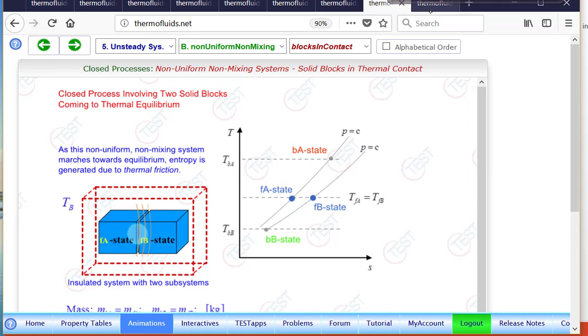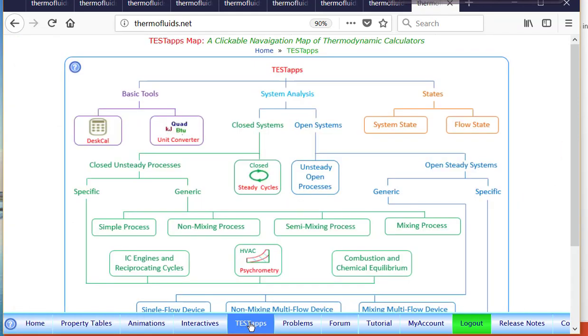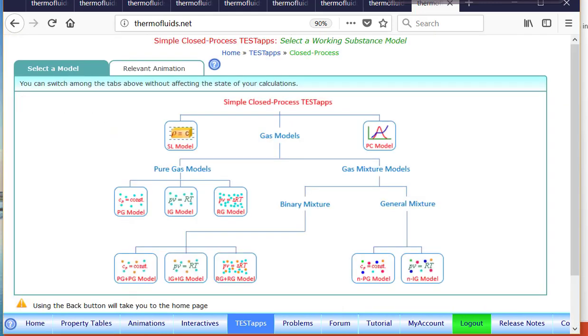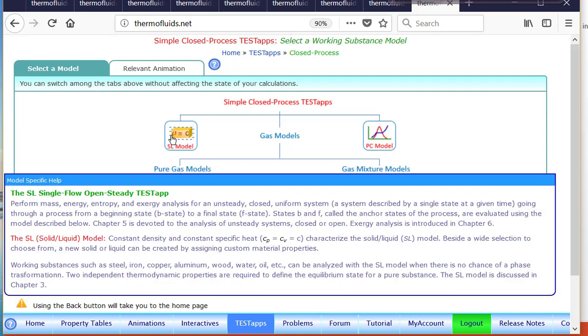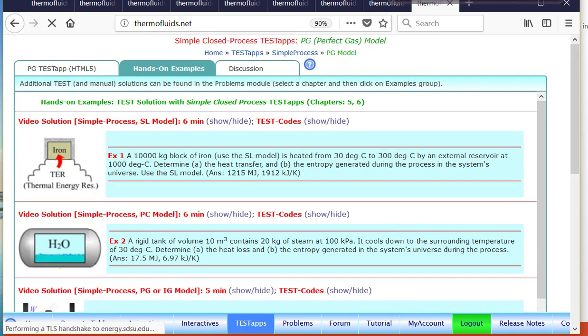So let's take a quick look at the test steps used for solving such problems. If we trace the road to system analysis, closed systems, closed unsteady processes, and generic branch, the simple process is what most of the examples we have just gone through. And based on what the working fluid or working substance is, for the solid heating or cooling problem, it will be the SL model. And for example, if we go with the gas model, suppose